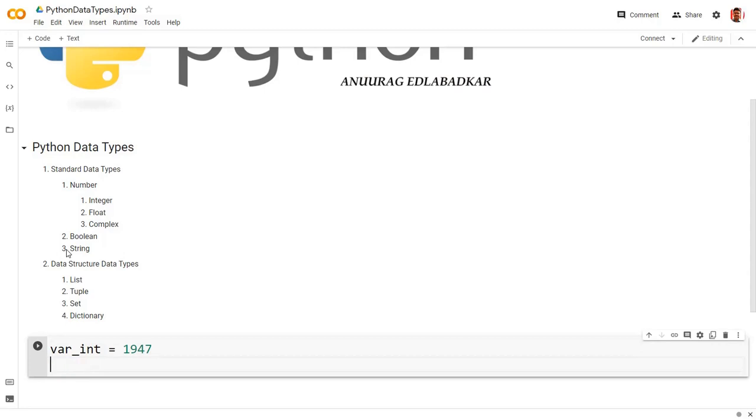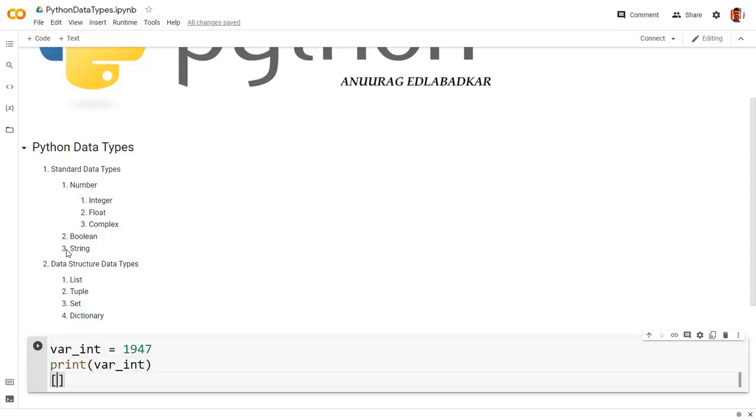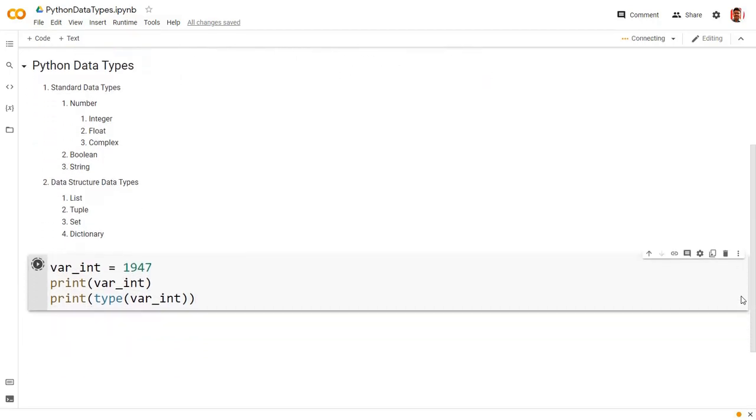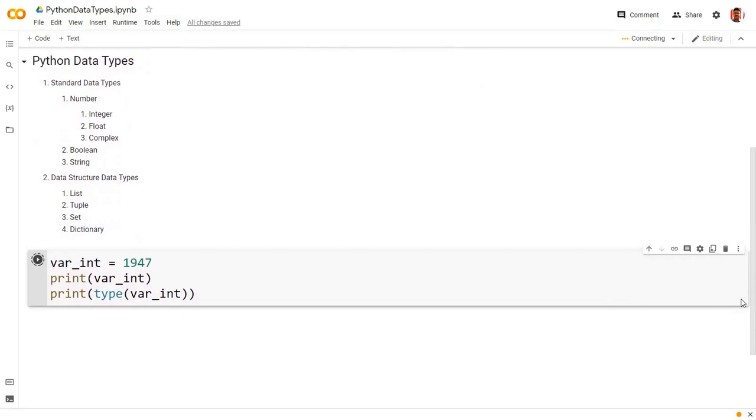I am using a print function to print it, and I am also checking the type of this variable, so we are using the type function with our print function. When you run this, it will show you the value of the variable as well as its type. So both things will be in front of you.